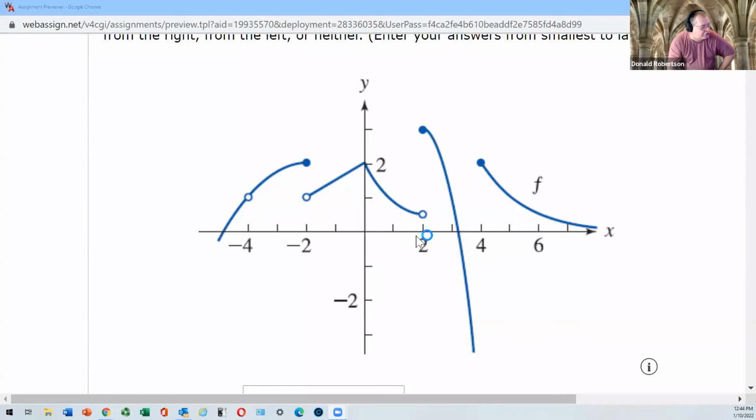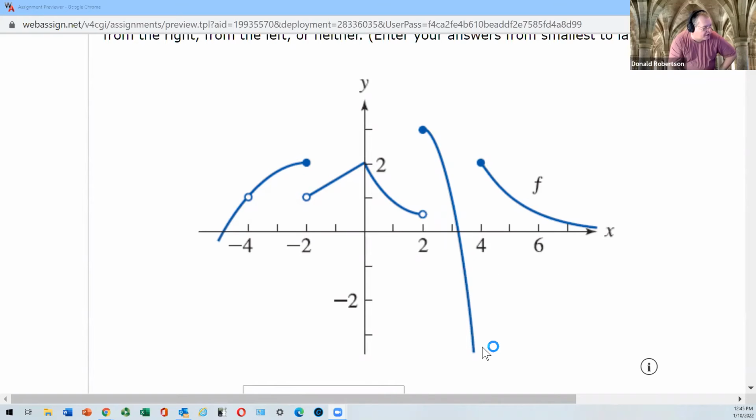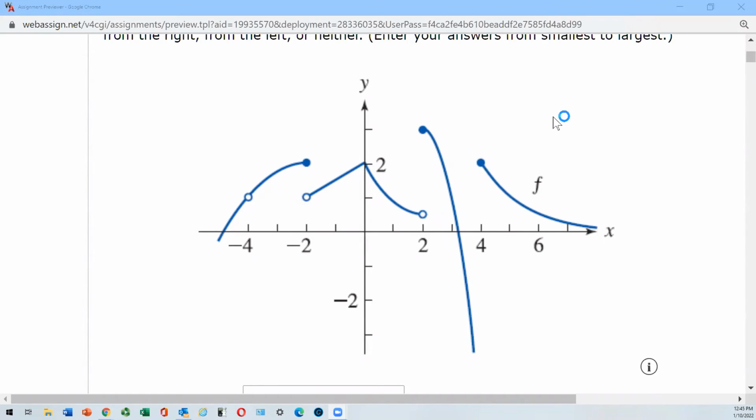Left continuous or right continuous this time? Right continuous. Agreed. That weird one that has no name. Left continuous or right continuous? Right. Would you agree the right branch